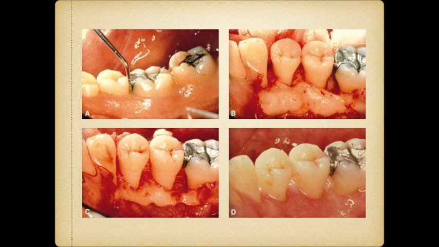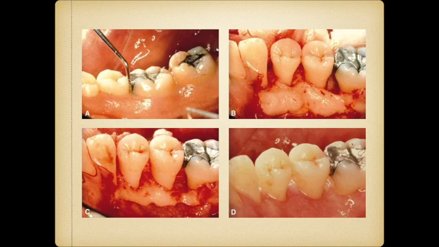So here you can see an intrabony defect between a premolar and the molar, with deep probing pocket depth. After the flap is elevated, you can visualize the intrabony defect between the second premolar and the first molar. Picture B shows the intrabony defect in the interproximal region, which is a one wall intrabony defect. There are no other walls, only the palatal or lingual wall is left intact. All the other walls have been destroyed. So we are going to resect that and do a resective osseous surgery.